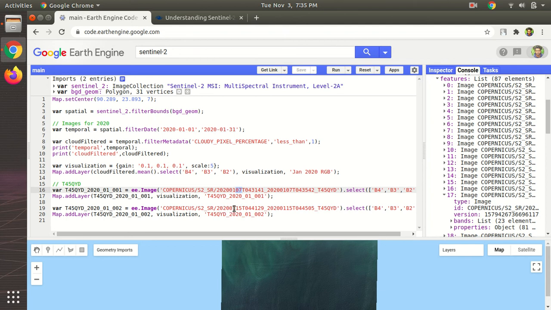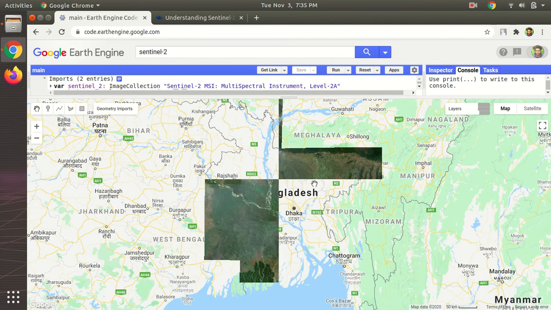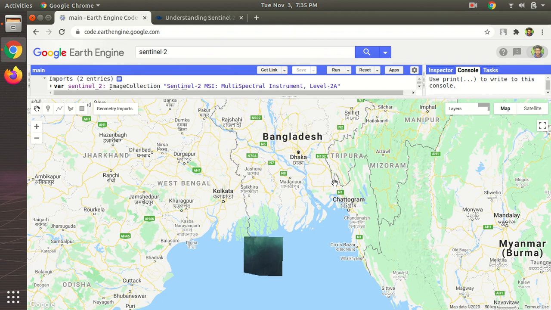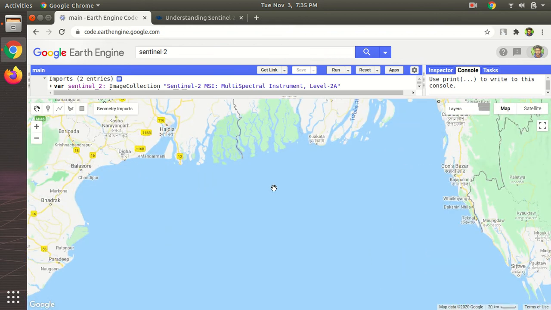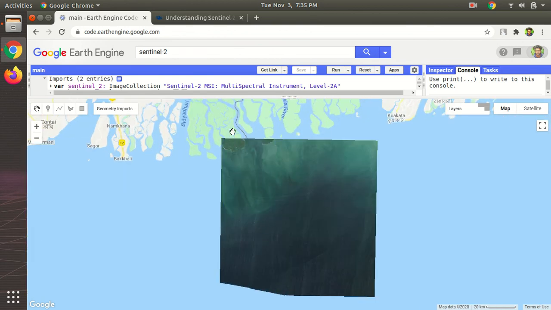Is it 15? Yeah, it's 15. So 15 January 2020. Now when we run this, it's obviously going to show up down there, right? So let's turn off this image collection for now, since we are dealing with individual images. See how this is an image and this is also an image over the image, but the issue here is it's just a part of the image.